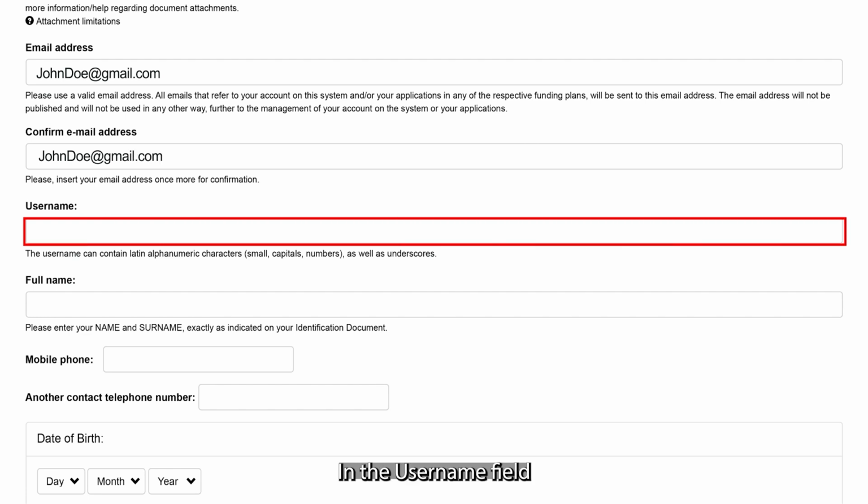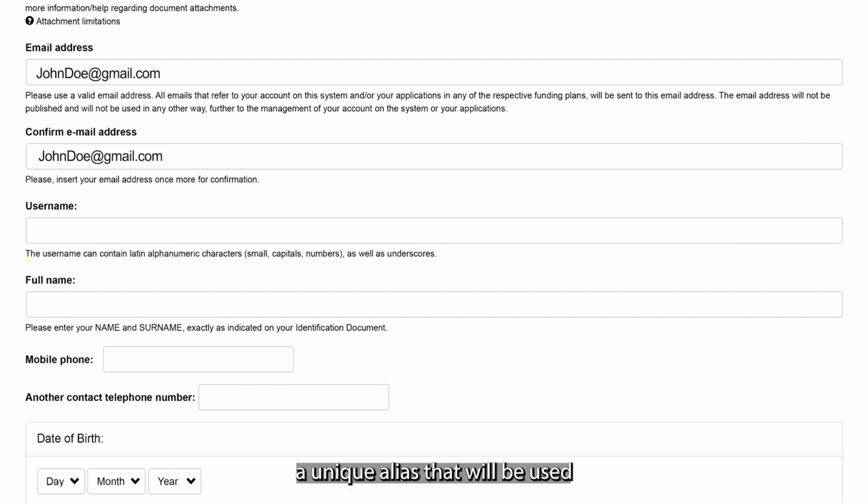In the username field, enter a unique alias that will be used for logging into the system. The username is not your real name. Here you can only use Latin characters, both uppercase and lowercase, numbers and underscores. If the username you have entered is already in use, a relevant notification will appear,